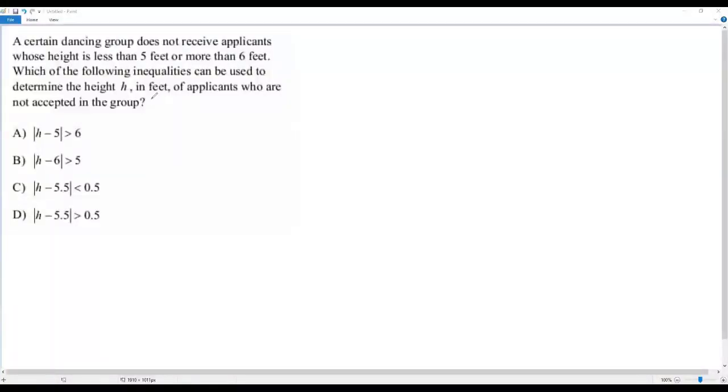Here we have a SAT math problem. Okay, let's go to the question. A certain dancing group does not receive applicants whose height is less than 5 feet or more than 6 feet. Which of the following inequalities can be used to determine the height h in feet of applicants who are not